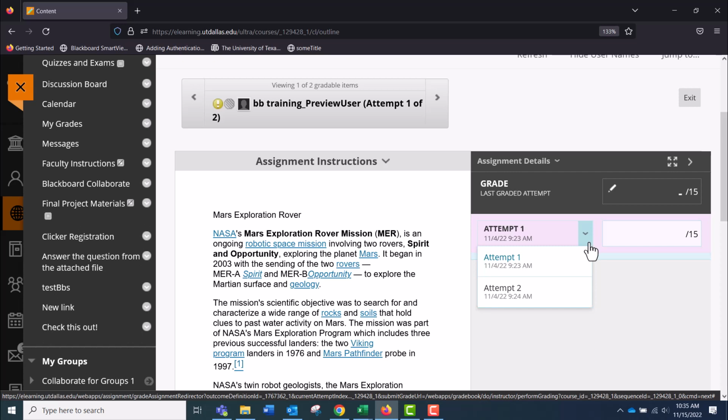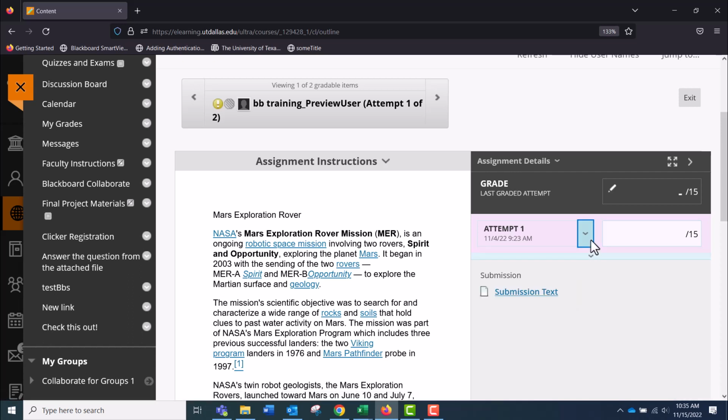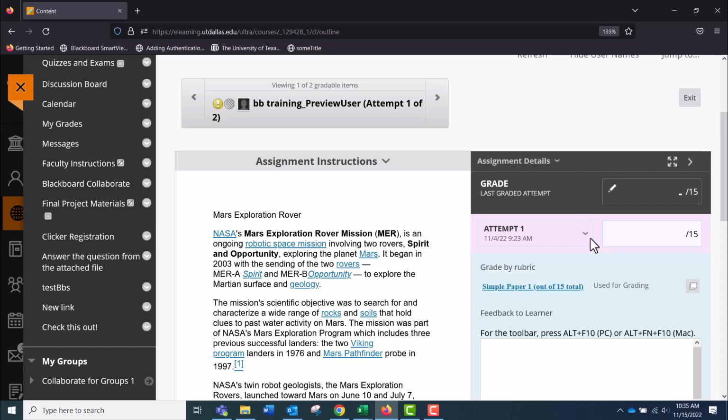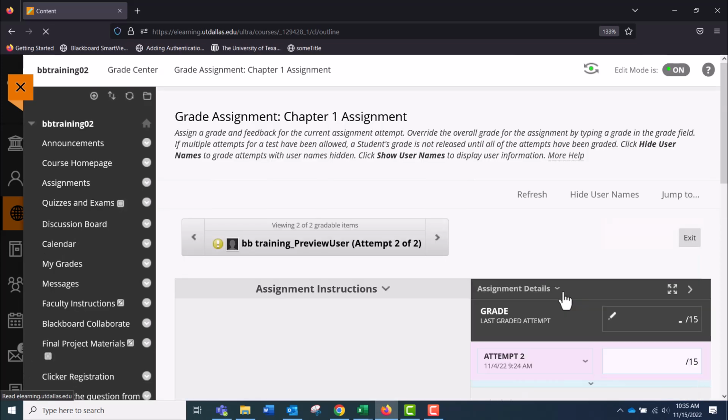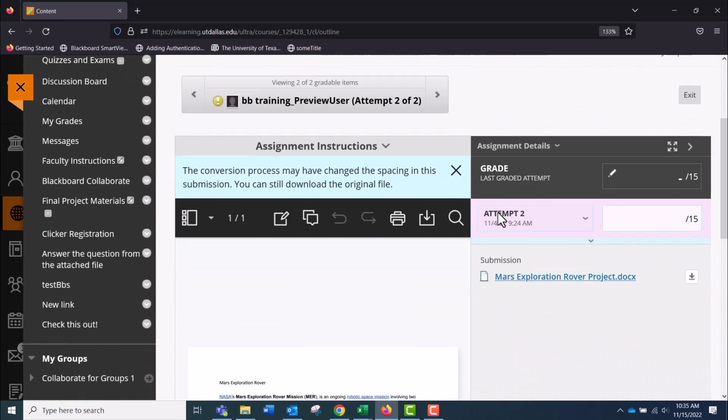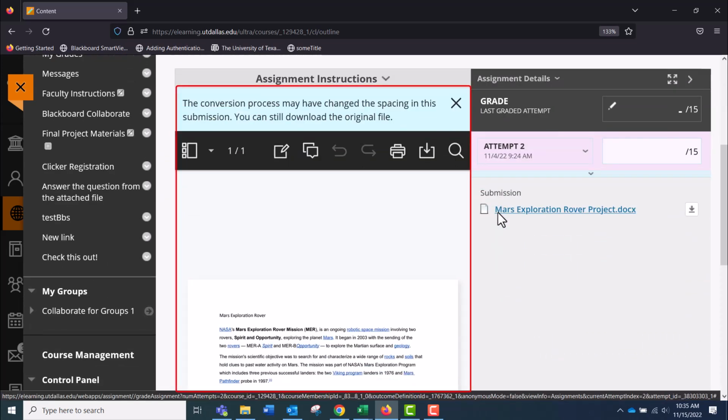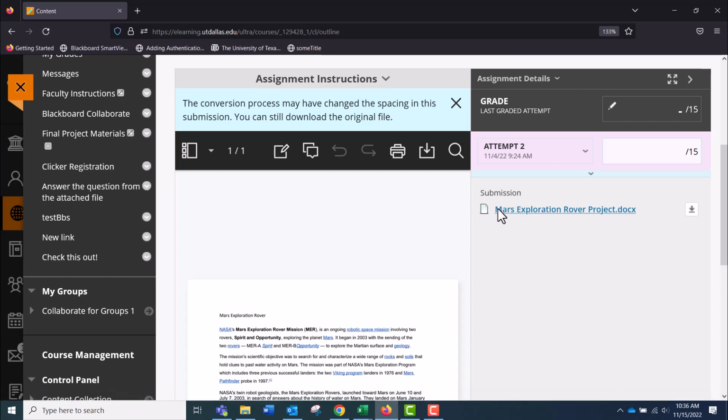Attempt 1 is where the student typed their submission into the text box of the assignment, and Attempt 2 is where they attach the exact same text as a Word file. I want to show you the difference grading the 2. Attempt 1, as I said, is just a text attempt. You can grade on the side, use a rubric, provide feedback, but you don't have the option to use inline grading. Whereas Attempt 2 takes you to the new box view, an application that's integrated with e-learning that lets you grade inline.